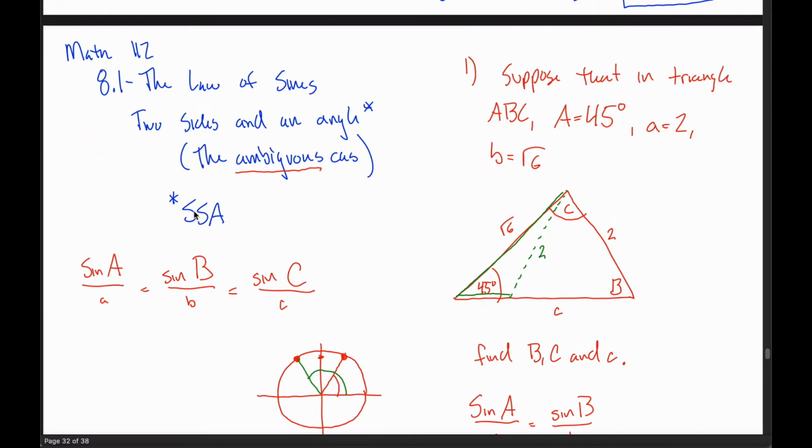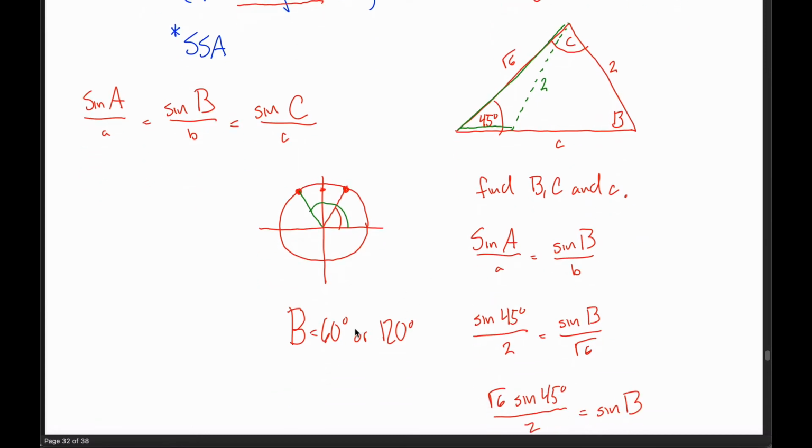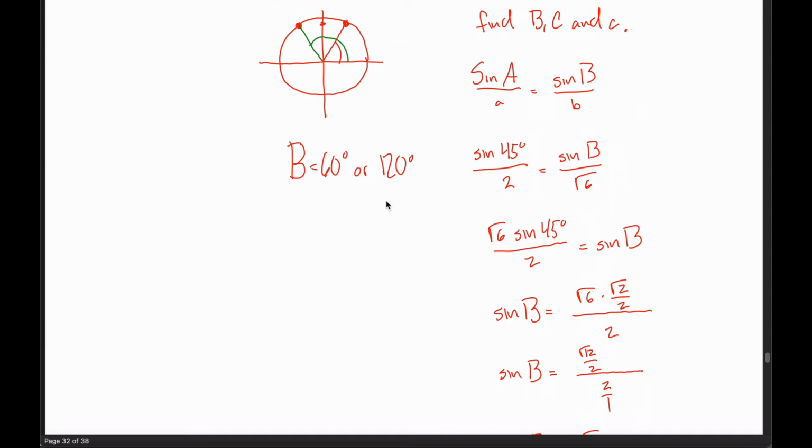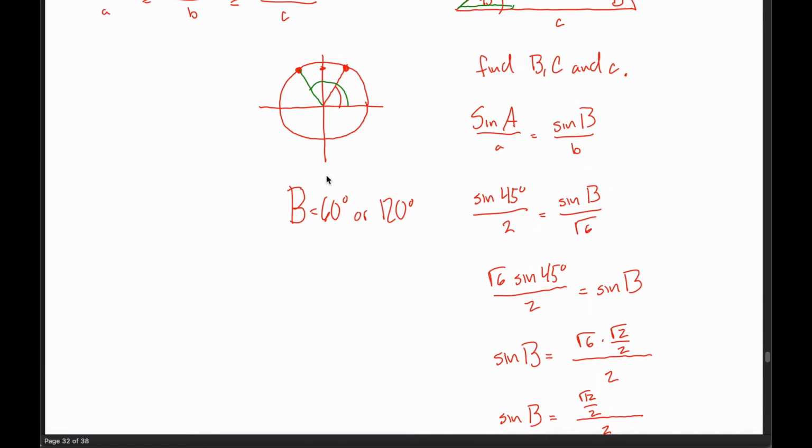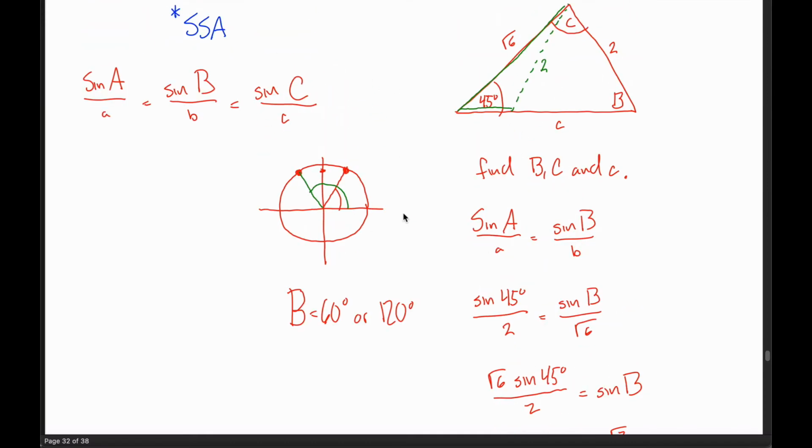Whoa, so anytime I have side-side-angle, there's always going to be two possible triangles? No, it turns out. There could be 2, there could be 1, or there could be 0. More on that later. In this case, there ended up being 2. Capital B could be 60 degrees or 120 degrees. How do I know that? Well, because the sine of B equals root 3 over 2, and for both 60 degrees and 120 degrees, the sine of that angle equals root 3 over 2, and this part's important,